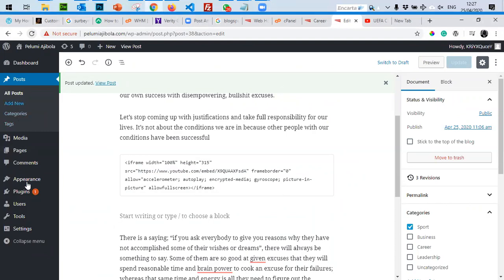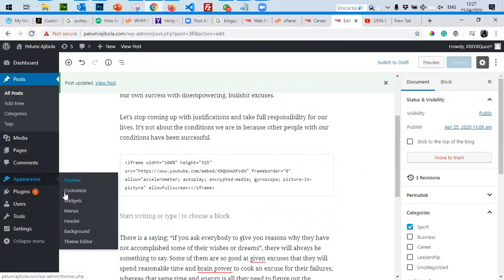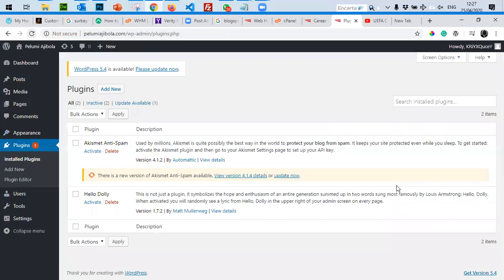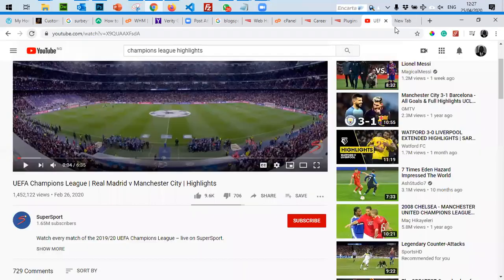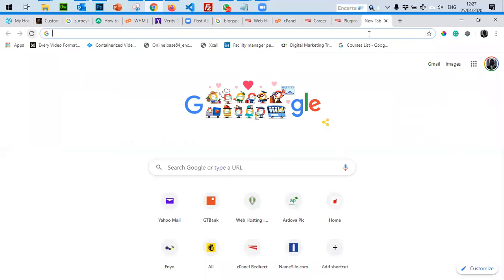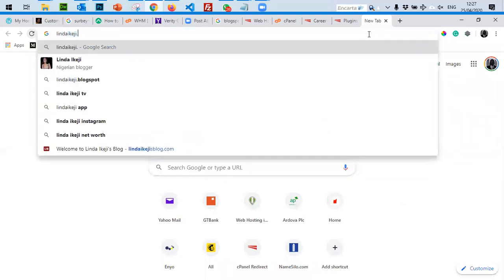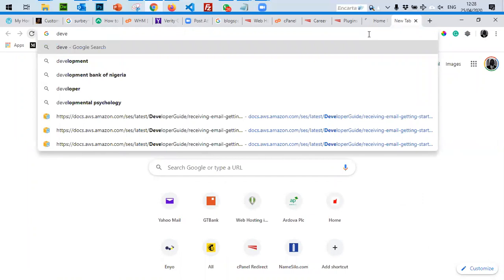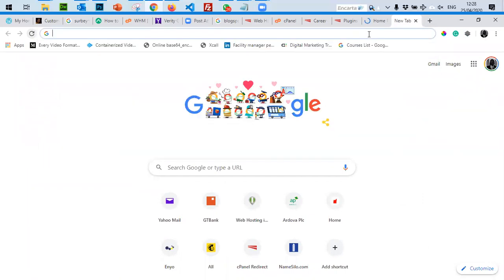Okay, now for the adverts and a whole lot of stuff that you can achieve with WordPress are always embedded in plugins. Now, why do we have to rely on plugins? If you really want to manage adverts very well, the likes of what we have on the Punch Paper, the Linda KG. Linda KG is probably not, well, we know she's not a programmer or developer. And before she started hiring people to manage her content for her, she was doing everything for herself.